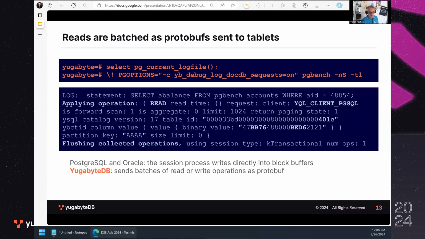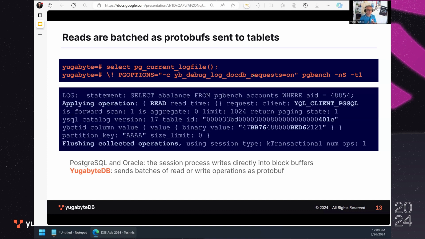When you compare Postgres and Oracle, the same process, the process where you are connected to, will do everything, will write directly to the blocks in the block buffer, and that can be read from the disk, and that can be written to the disk. A single process is doing everything. This is monolithic. In Yugabyte, you have those 2 layers and the query layer that is stateless, which makes it